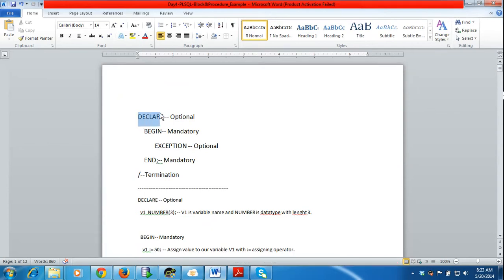Declare section. Okay, this is optional. You can declare your variables over here. Okay, begin section. This is a mandatory block. In between begin and end block, you can write whatever you want. Means whatever statement you want to write, you can write in between begin and end block. Okay,